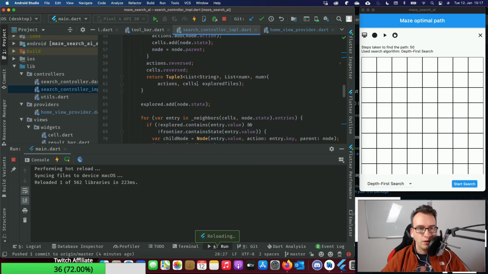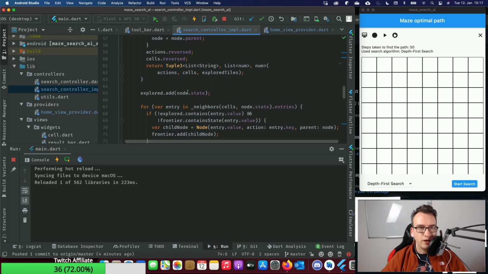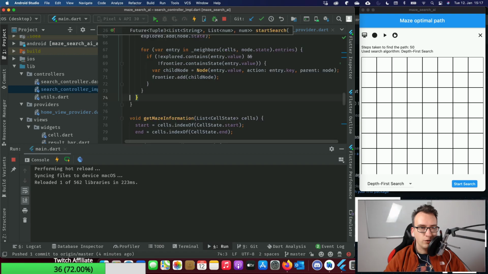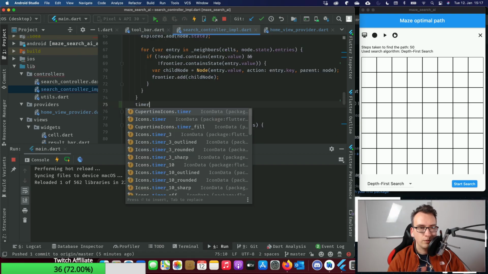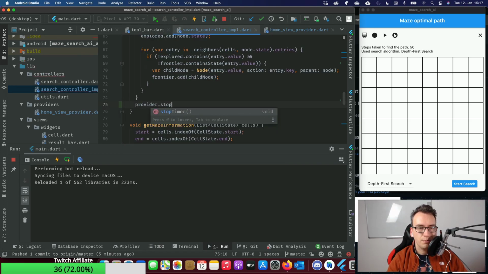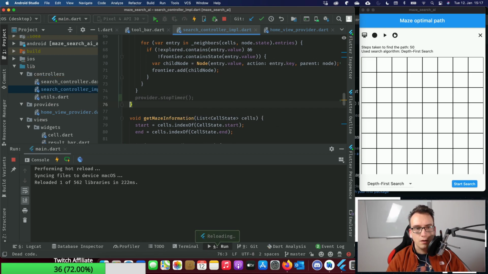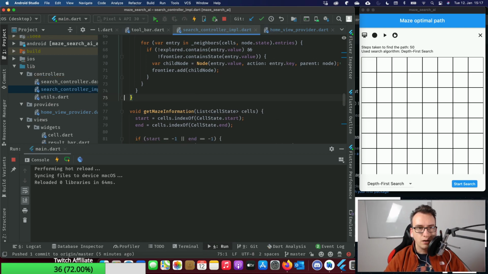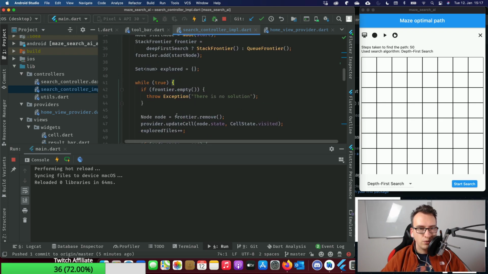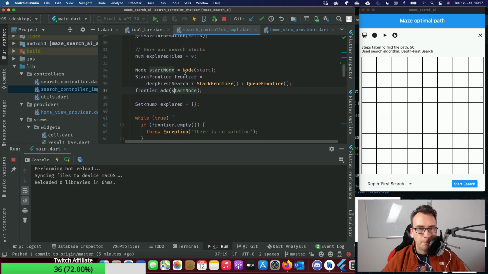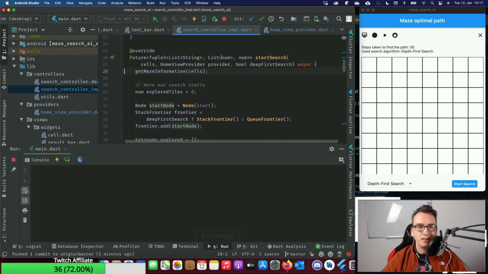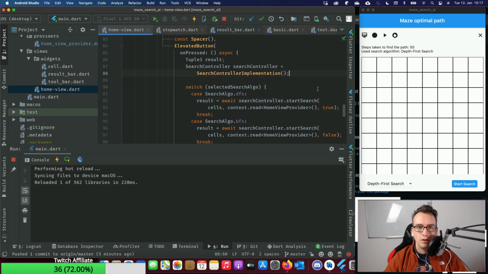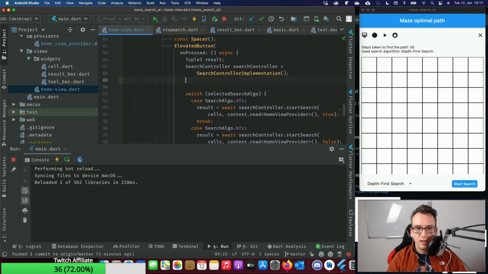And down here, whenever we are finished with everything of that method, exactly, so here we say provider.stopTimer, and we don't come here at any point of time. So maybe we do it inside of here. Maybe the easier solution is to just use it where we execute the start. So here we get the implementation.